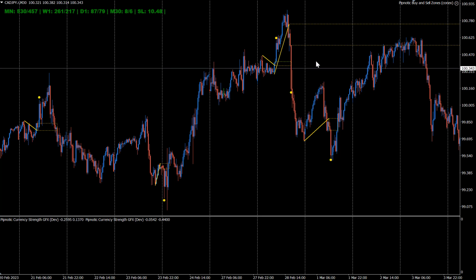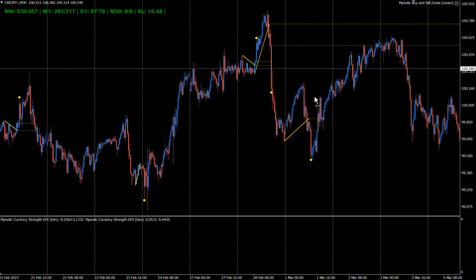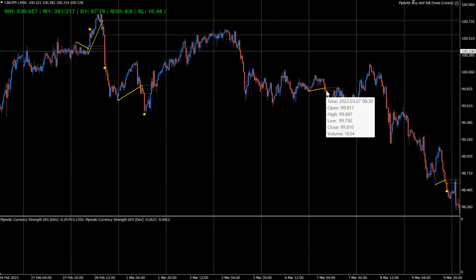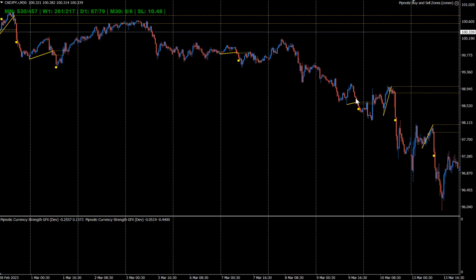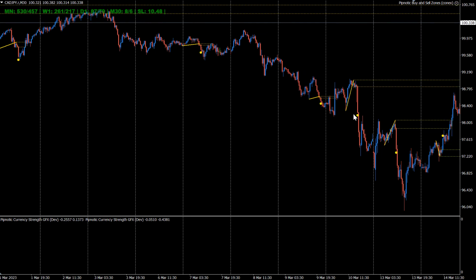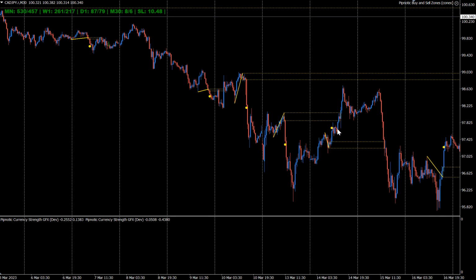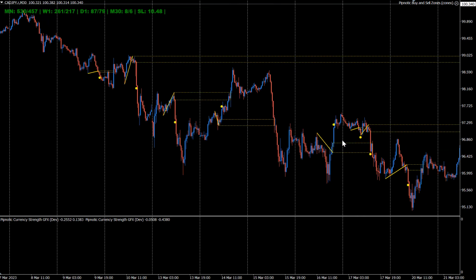This one here, prices came back here. Price did not come back to the dot, losing trade. Another one here, did price come back? It did not, losing trade. Did price come back? It did, winning trade. Did price come back? No, it did not, losing trade. Did price come back? It did, winning trade. Did price come back? No, losing trade. Losing trade. Did price come back? A little bit. Break even maybe. Did price come back? More or less, winning trade.